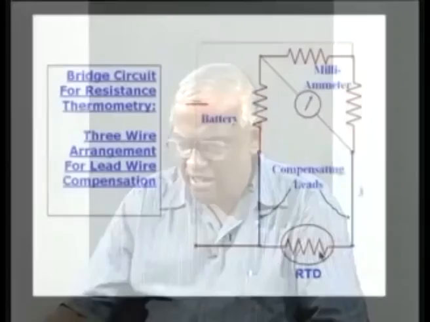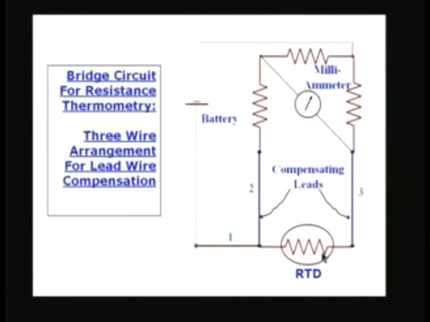Let us look at the details of how we are going to make the measurement of the resistance. This is the important thing which we have to discuss, because we have the temperature detector and its resistance is going to change with the temperature to which it is going to be exposed, and I am indicating the RTD here in this circuit. The RTD is in one arm of the bridge, and there are 2 resistances in one of the arms, and in the other arm I have got a resistance here which can be varied, and the RTD.